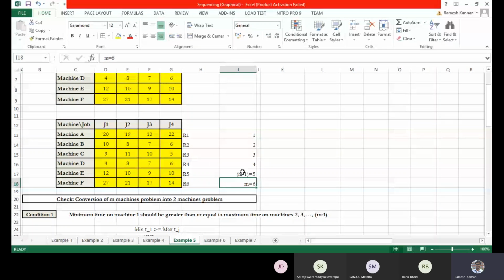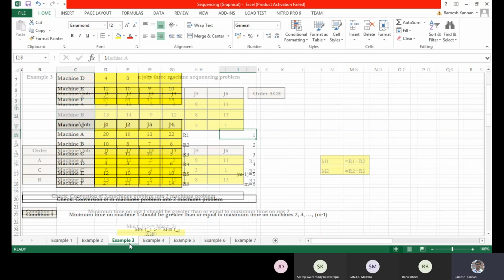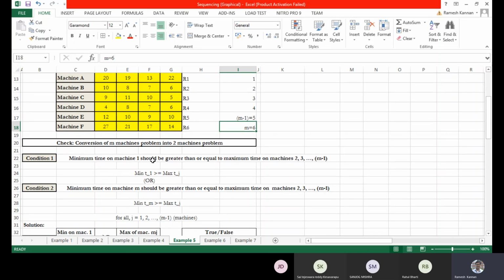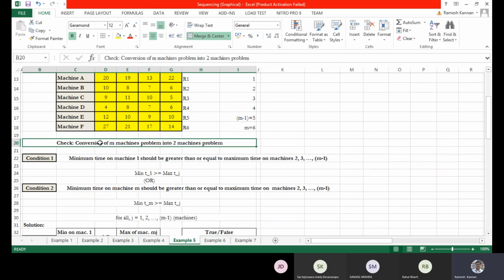Then M minus 1 is 5, then M minus 2 is 4, and this is the initial one and this is the final one. So this has some significance. I'll tell you why I've written it for this but not for that: since it has M number of machines, M here stands for 6 rows or 6 machines, and the conversion is fairly the same. In the previous case, we talked about the minimum of row 1 and the maximum of row 2. Then in the next condition, it's the minimum of row 3 and the maximum of row 2. So in this case, we have N or M number of rows.